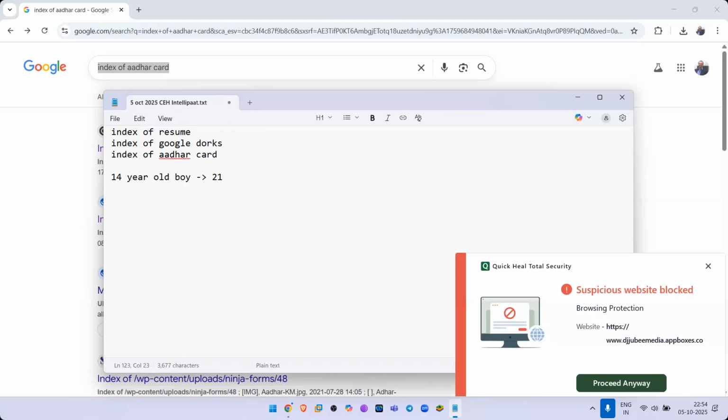This boy found 21 boarding passes of the IPL cricket team, Indian cricket team. He found their boarding passes, he found their Aadhaar cards, he found their passports, as part of his homework assignment. It gets worse. Using just the simple commands that I have told you, site colon followed by so-and-so, he was able to find his sister's report card.